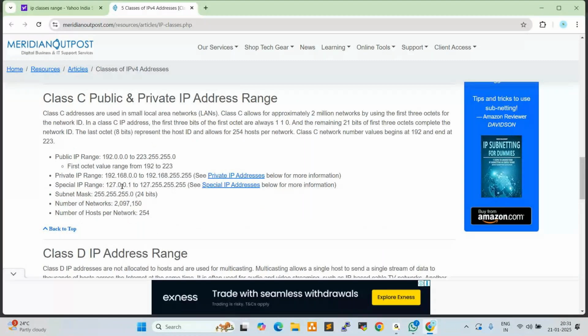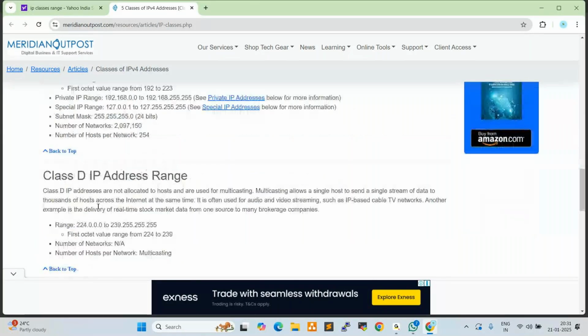So in networking, for example, class A, class B, and class C we use in the LAN, WAN, MAN, and also PAN, whatever we are using in the organization. But multicasting means, here they're using